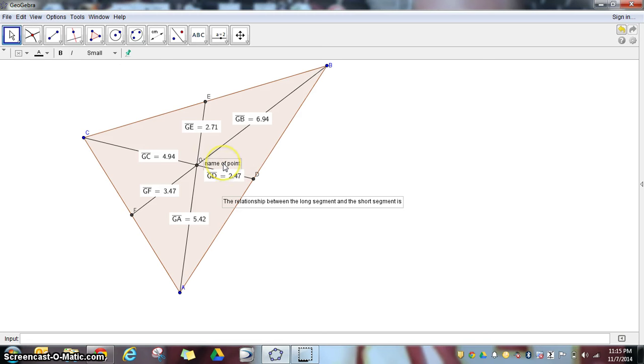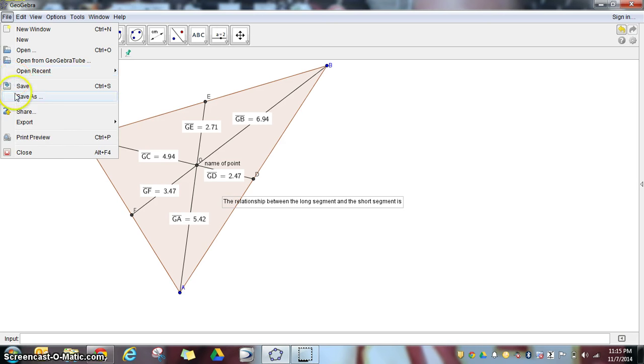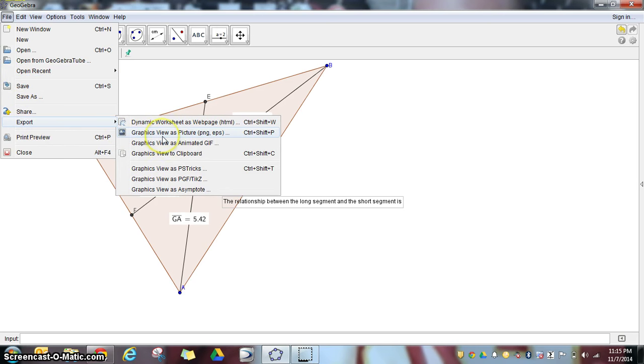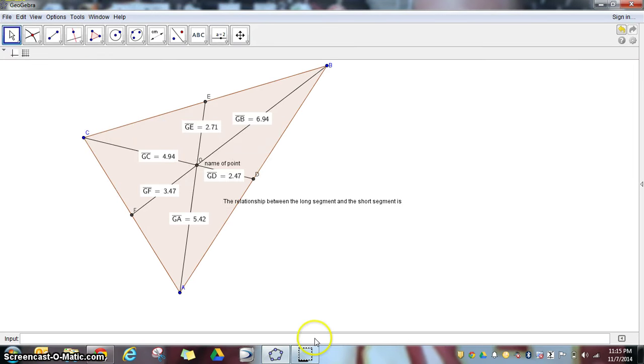So you're going to name that point. You're going to get with a neighbor maybe if you need to and talk about those line segments and see if you guys can come up with an idea of how they're related to each other. Then you're going to go to File, Export, Graphics View as Picture, and then you are going to paste that on that same Google Doc with your other two constructions. And as soon as you're done with that, we've got